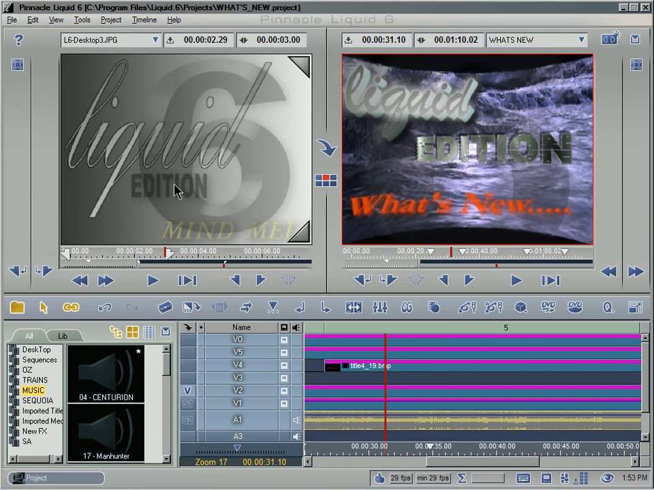Now that we're looking back at the main window, I want to point out this red line that hopefully you can see surrounding the master viewer. And notice also that the timeline hash marks are all white. So this is indicating that I have the master viewer selected. If I hit the space bar on my keyboard,